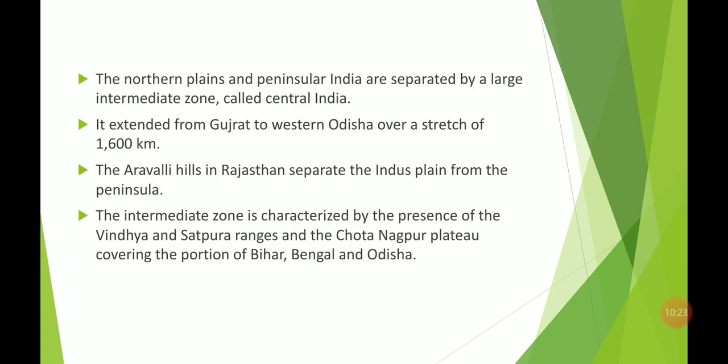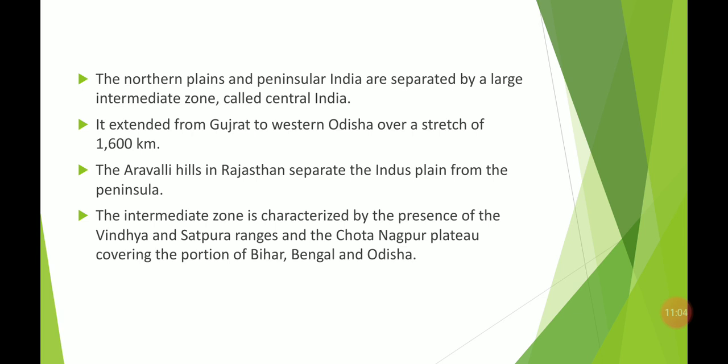Let us see. The northern plains and the peninsular India are separated by a large intermediate zone that is called central India. So basically, what is central India? The area which is covered by the northern plain and some part of the Indian peninsula, that is central India basically. Central India extends from Gujarat to Odisha, and its length stretches about 1600 kilometers from Gujarat to western